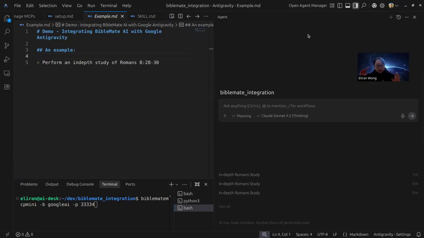Hello, here I'm going to do a quick demo on how to integrate BibleMate AI with Google Antigravity. Let me start with an example and then I will explain more later. Say, if I'd like to perform an in-depth study of Romans chapter 8, specifically verses 28 to 30, I